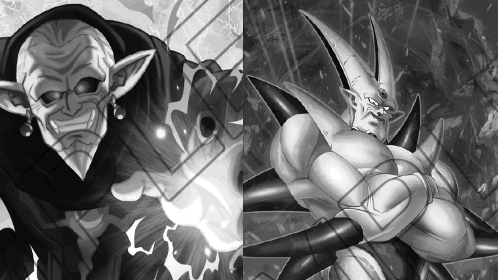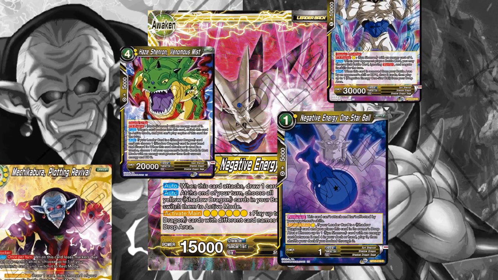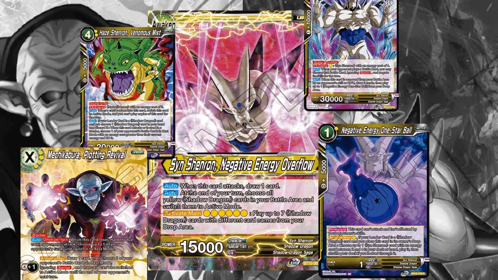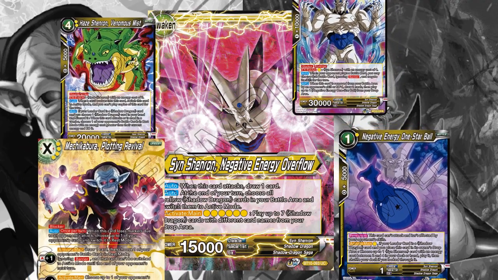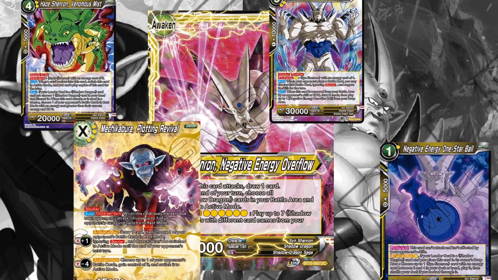deck. Since Shenron Negative Energy Overflow is an easy-to-pilot deck that is great for new players or people who like watching their opponents squirm. All you really have to do is play your engine and not die before 6, then play all your dragons back from the drop area. It's an easy deck with strong and consistent